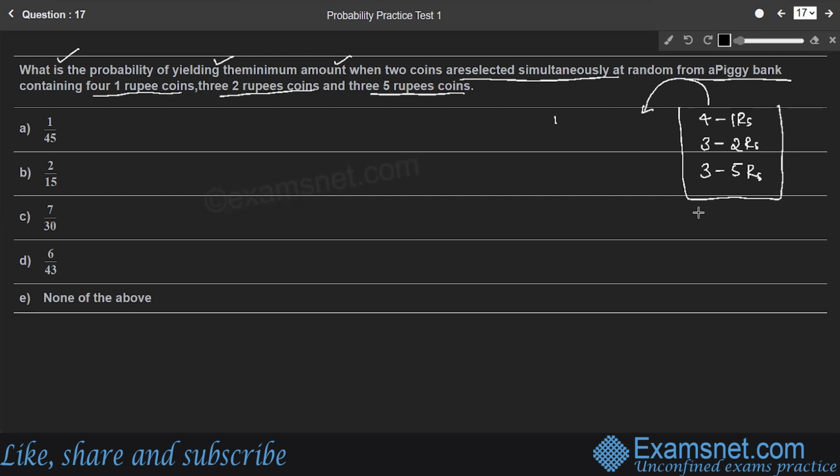So here are 4 1 rupee coins, 1 2 3 4, right? If you draw both the coins as 1 rupee coins, then only you will get the minimum amount, right? So ways of yielding minimum amount are 4C2, out of 4 1 rupee coins we have to pick 2 1 rupee coins, which is 4C2. Therefore, required probability is ways of yielding minimum amount divided by total ways of selecting 2 coins. I'm focusing on 2 coins, right? Therefore, we'll consider probability